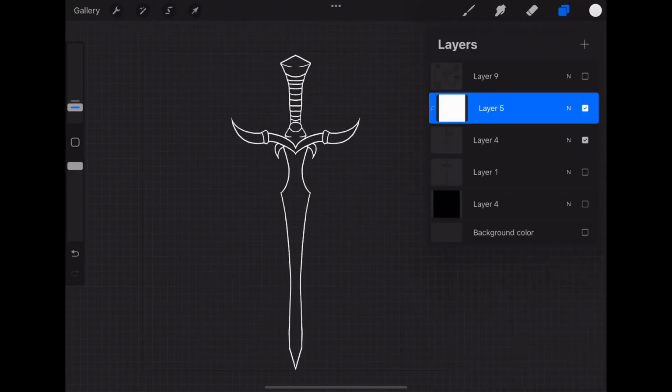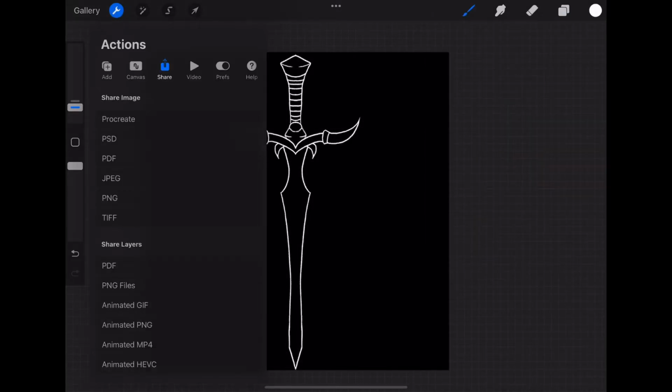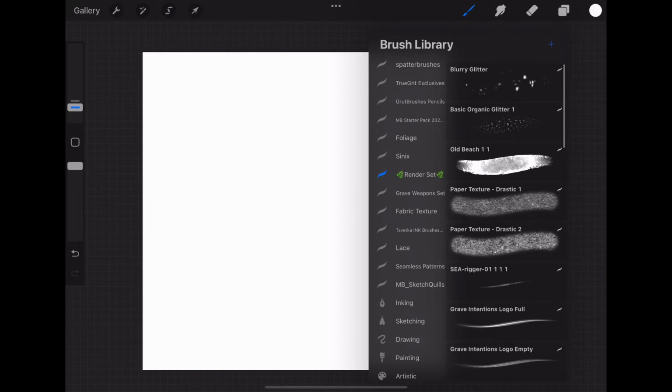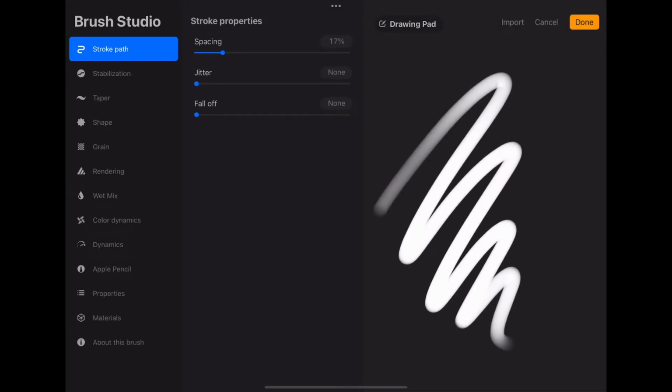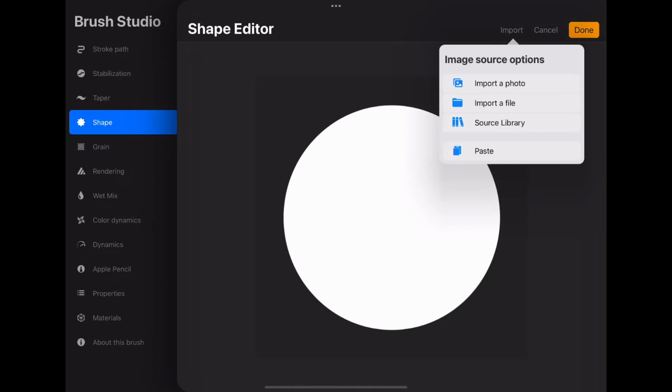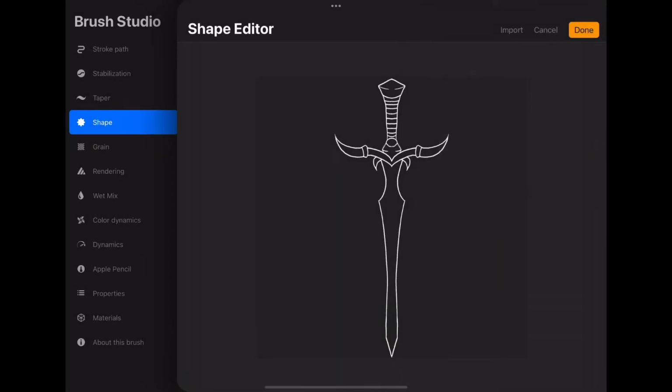You're going to save your brush as a .psd file with your lines in the white and the background in the black. Then go to your Brushes tab, click the plus at the top right corner, and upload your .psd shape under the Shape tab. You're going to go to the Stroke Path tab on the Brush Studio and up the spacing